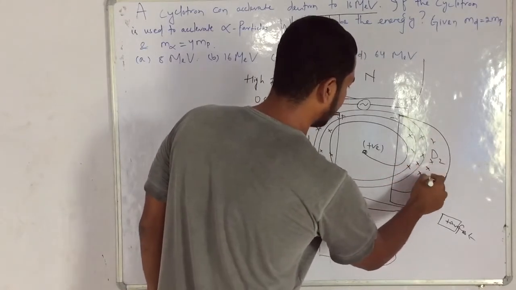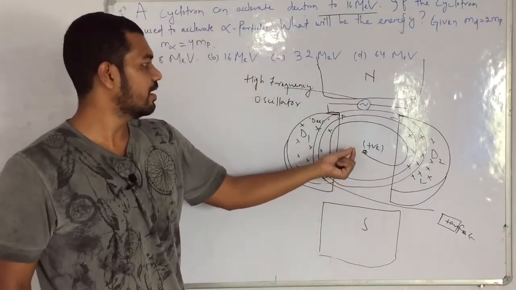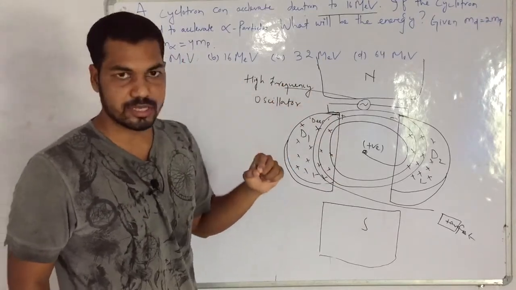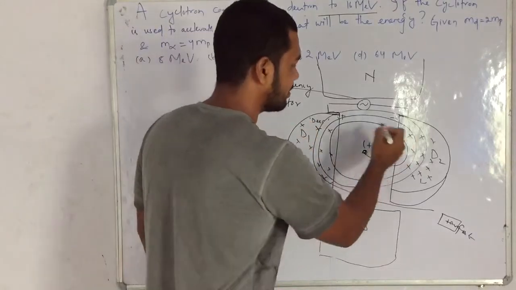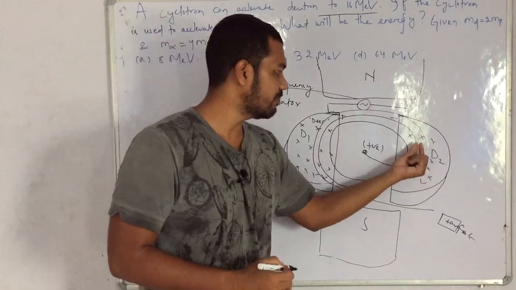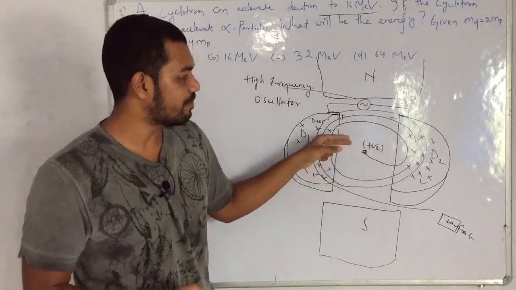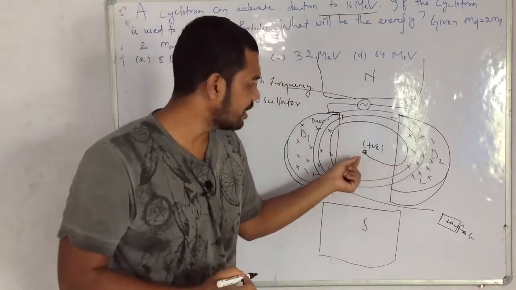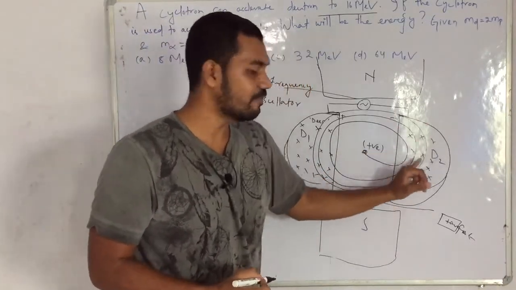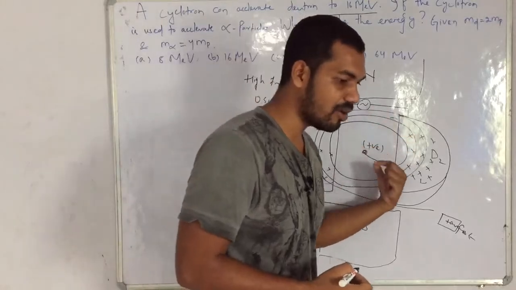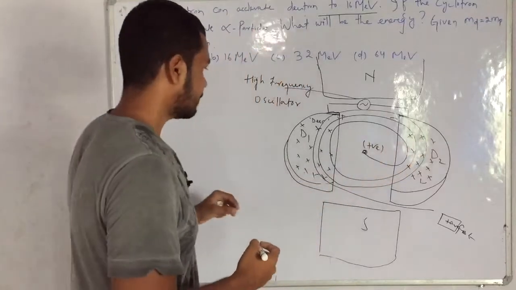So what happens in the cyclotron? We take positively charged particles. When we apply the high frequency oscillator, it provides high alternating voltages. That's why the particles accelerate. And when it enters into the D's, it follows a circular path, because the particle enters the magnetic field perpendicularly. The setup is such that the magnetic field is perpendicular to the plane of the electrodes. That's why it follows a curved path, which is a circular path.